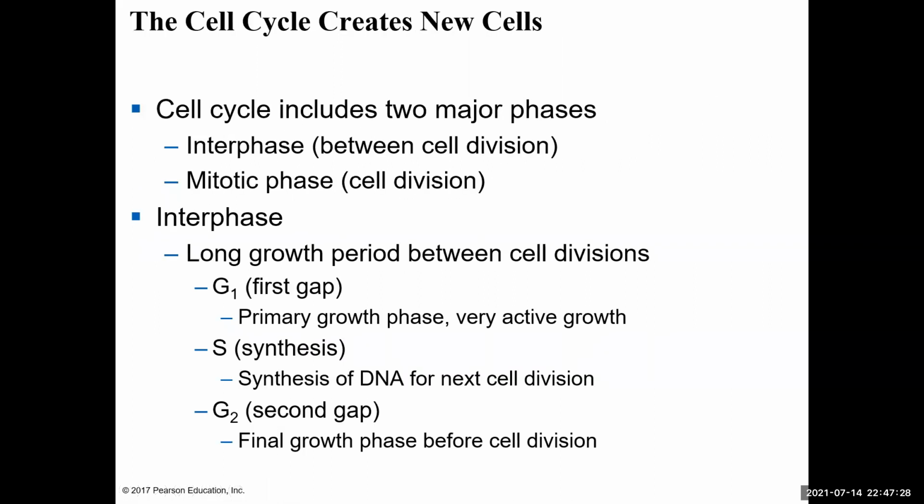Okay, so the cell cycle is the cycle in which cell division takes place. What we first need to do is go over the basics of the cell cycle, and then we'll talk about what each phase, or each part of the cell cycle, is. So the cell cycle includes 2 major phases. One is interphase and one is the mitotic phase or the meiosis phase, depending on which cell division process you're talking about. So interphase